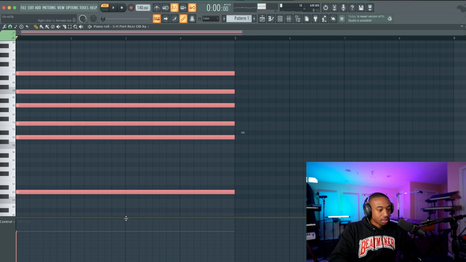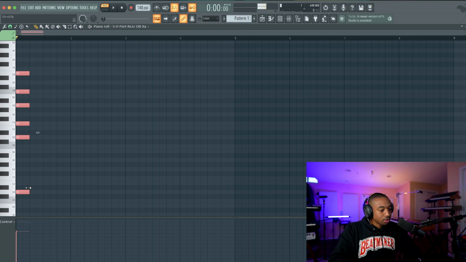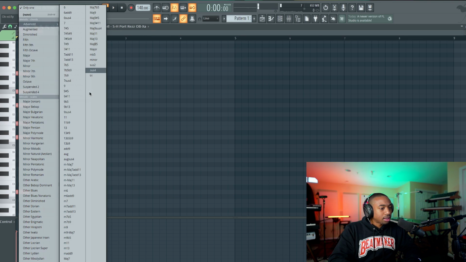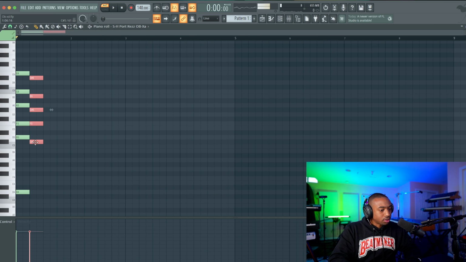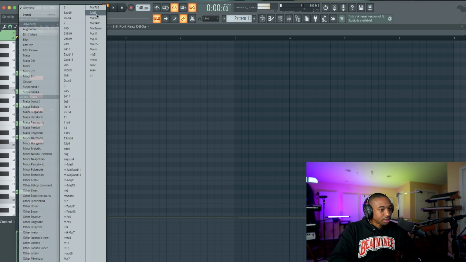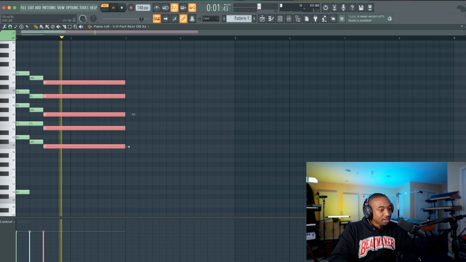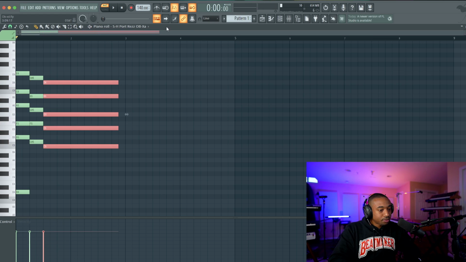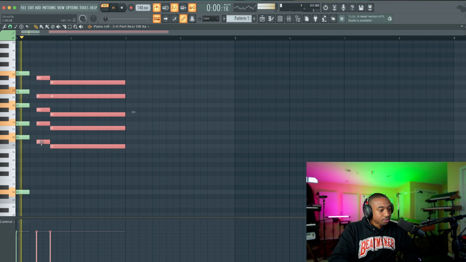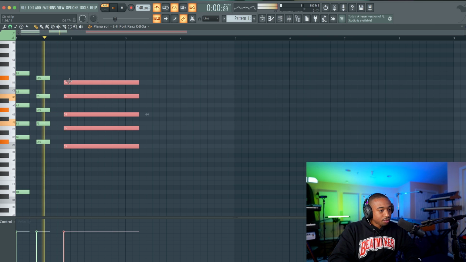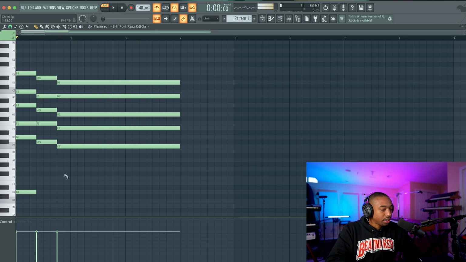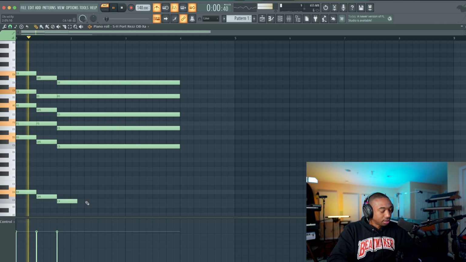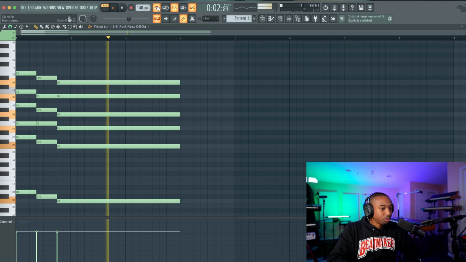Let's add some more chords in here so you could hear more movement. And let's add a ninth. Dominant ninth chord in here. Okay, you've seen this chord progression a million times on this channel. So what we're trying to do right here is just create a bounce so that now when we go back to the actual plugin, we can hear some of the filter movement.